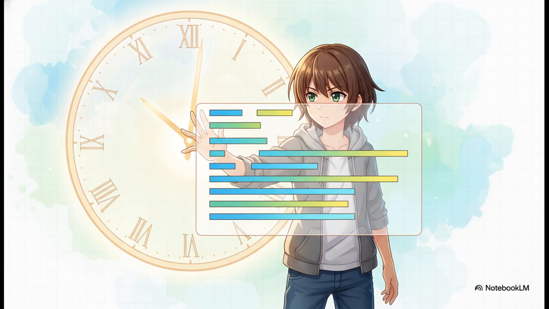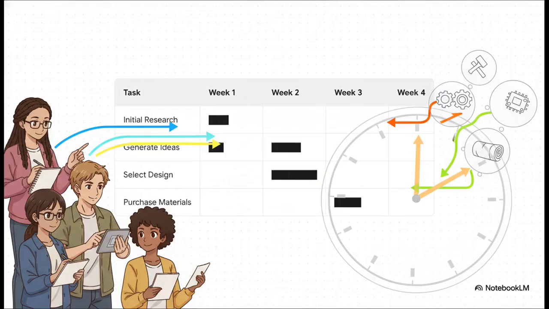And to do that, we're going to use a really cool visual tool called a Gantt chart to map everything out. And this is why Gantt charts are so brilliant. They make time something you can actually see. You can instantly spot which tasks you can do at the same time. Like maybe you can do research while you're generating initial ideas. And more importantly, you can see which tasks depend on others. Like you literally can't buy materials until you've finalized your design. Having that visual clarity, honestly, it's a total game changer for keeping your project on track.